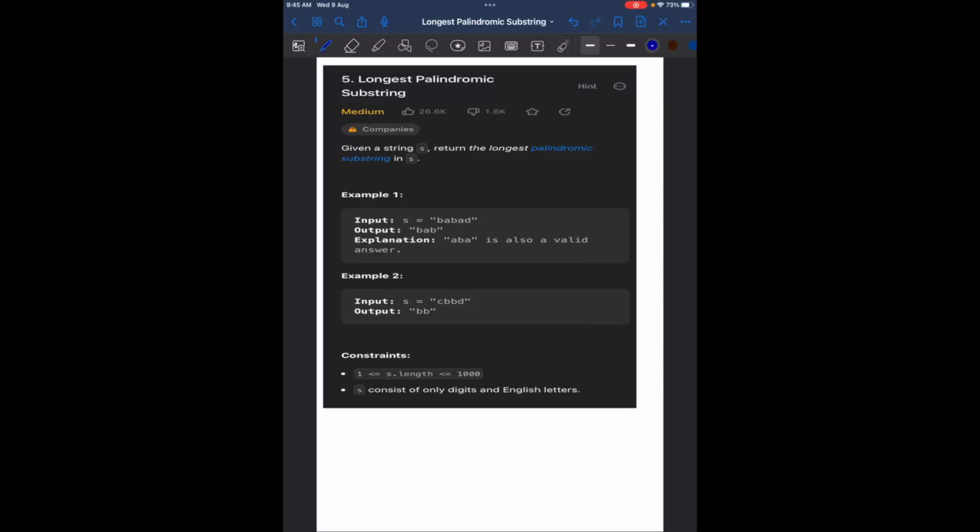Hi, let's look at a problem which is called longest palindromic substring. So let's see what we mean by palindromic. A palindromic string is a string which, when we read it forward and backward, is exactly the same, like in